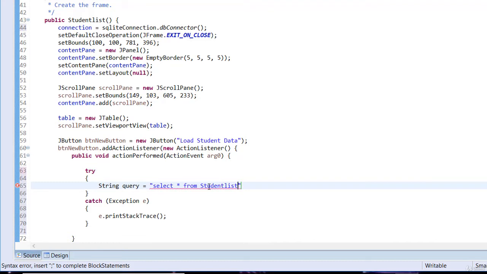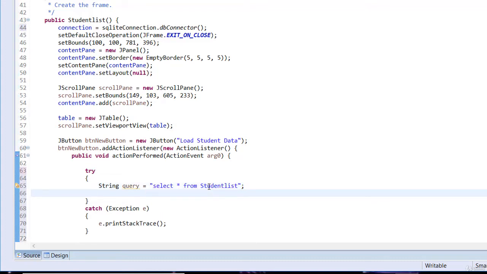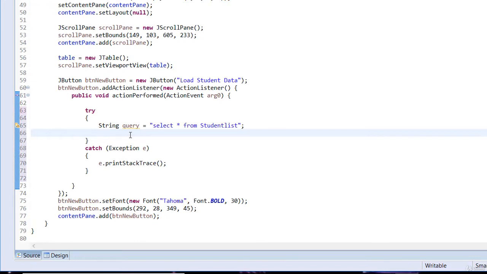Select all from student list, and that is our table. Go ahead and put a semicolon at the end. Now we write a prepared statement that will help us to load this table, and that is going to be